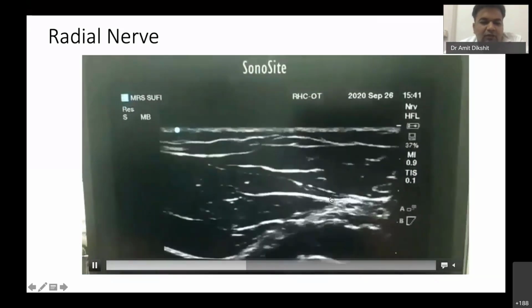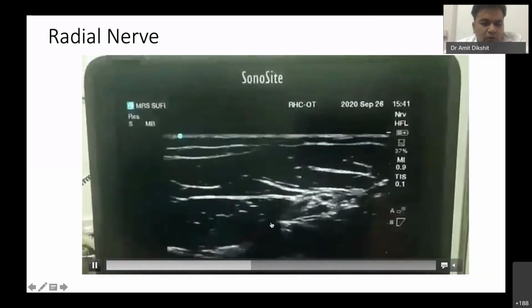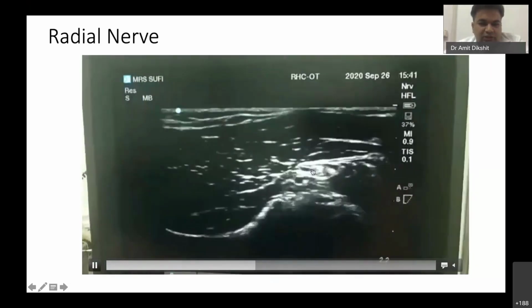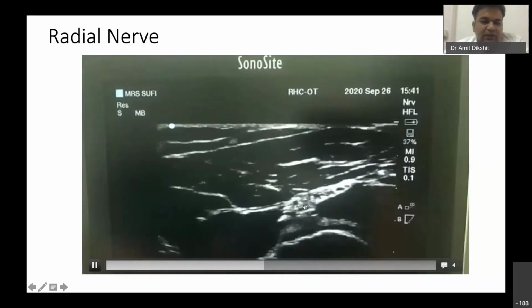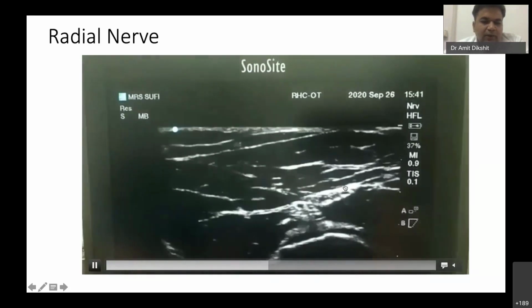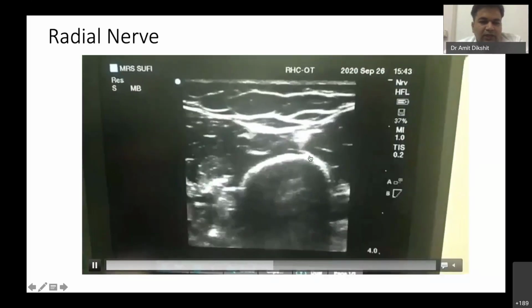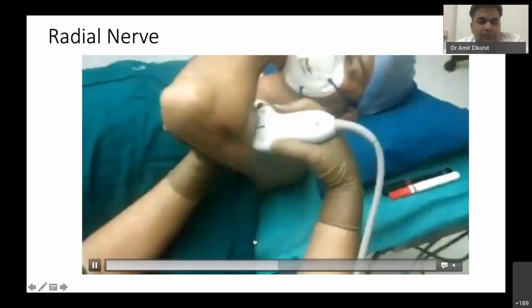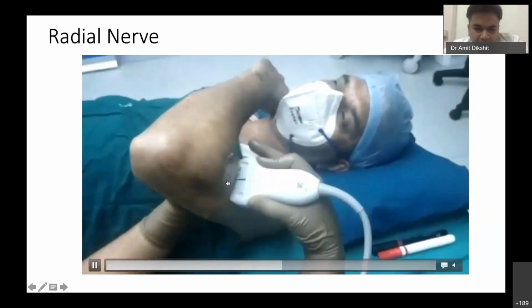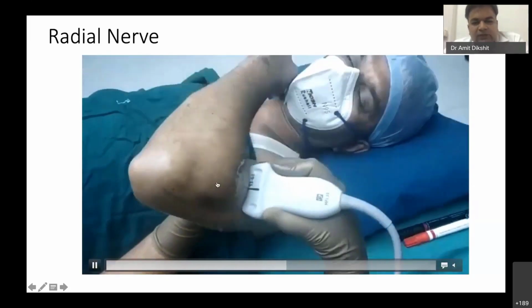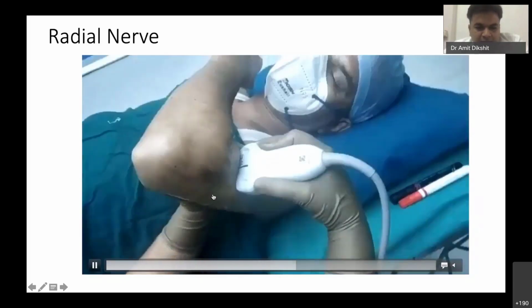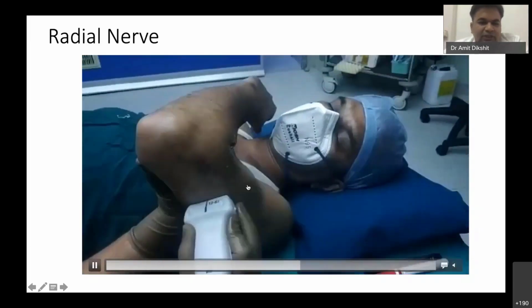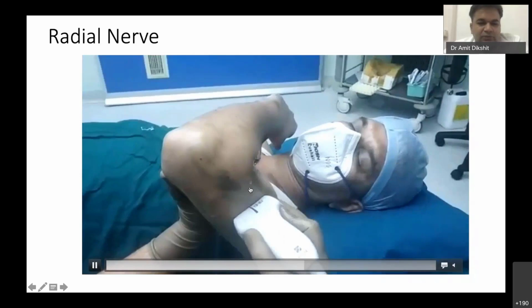So you can see how the nerve appears more of an elongated structure, and then how it tends to divide. So this is the deeper aspect, and this is the superficial part. So that whole is the radial nerve. Now, when we do the radial nerve block above the elbow, it is on the lateral aspect. But this is a little tedious process. People try to avoid this because needling becomes tricky if you put the hand in this position.